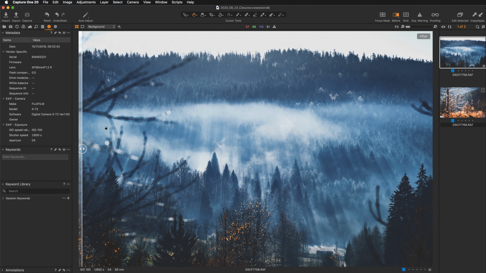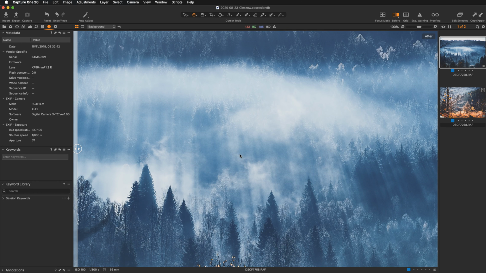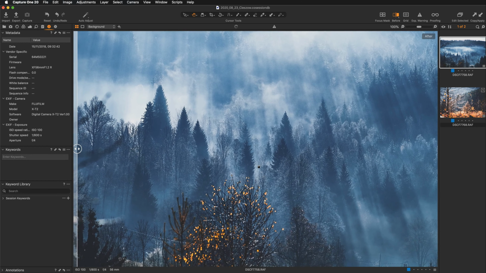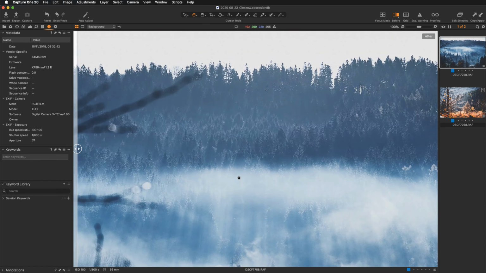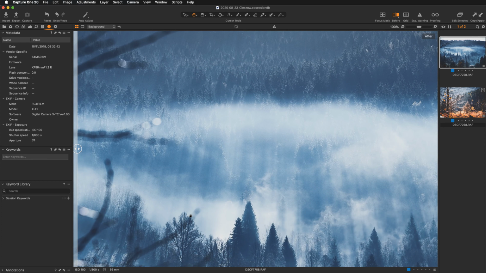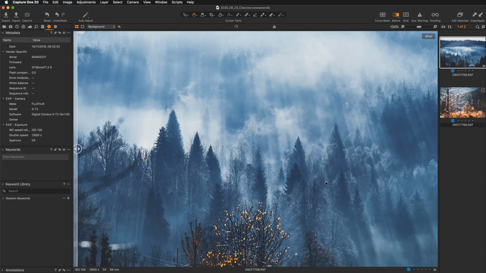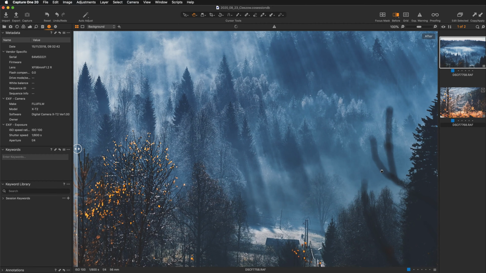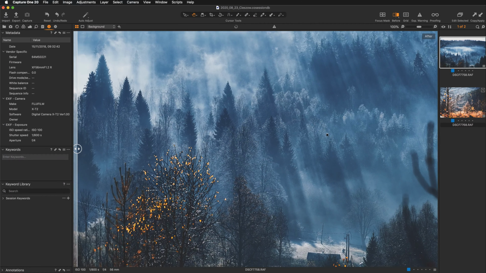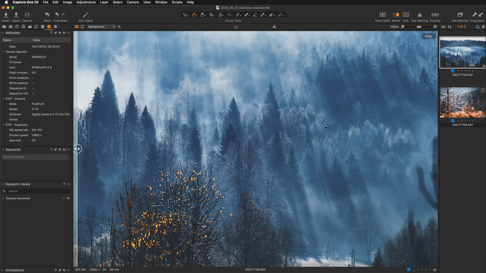So I had all the data to recover. Maybe there was not much data in the sky area, but here if you zoom in, the size and the resolution are the same since I was working with the same camera. Now we are at 100%, and you can see that there is plenty of beautiful detail in every single part of the frame. Here in the background, in the middle, in the center, and in the foreground. I've applied quite a lot of work here. I've applied quite strong sharpening, but from this image you can even crop smaller parts